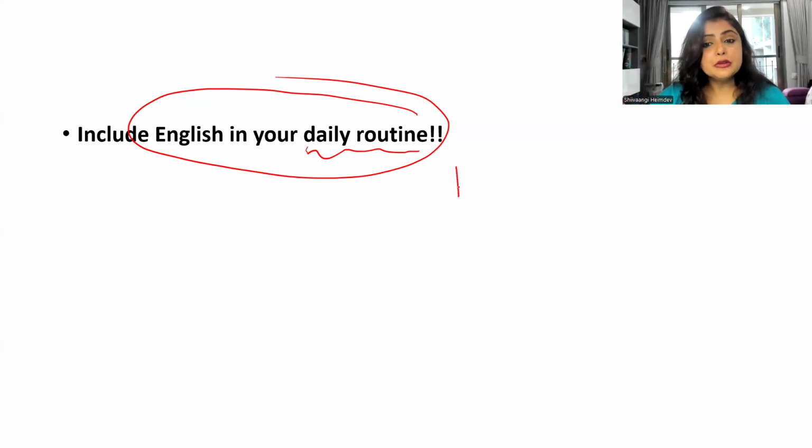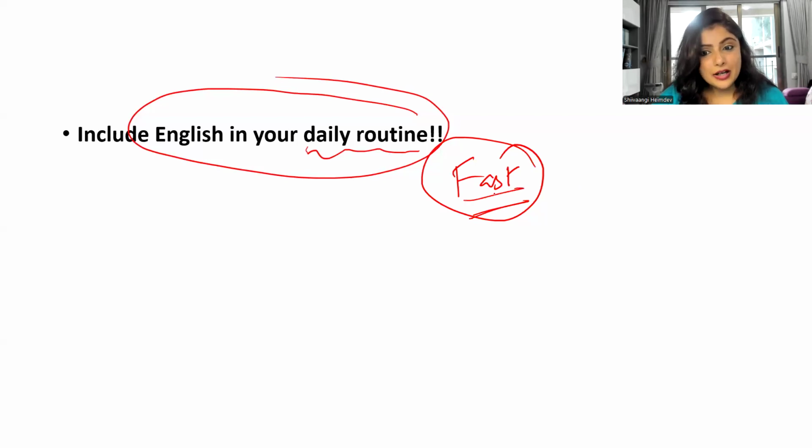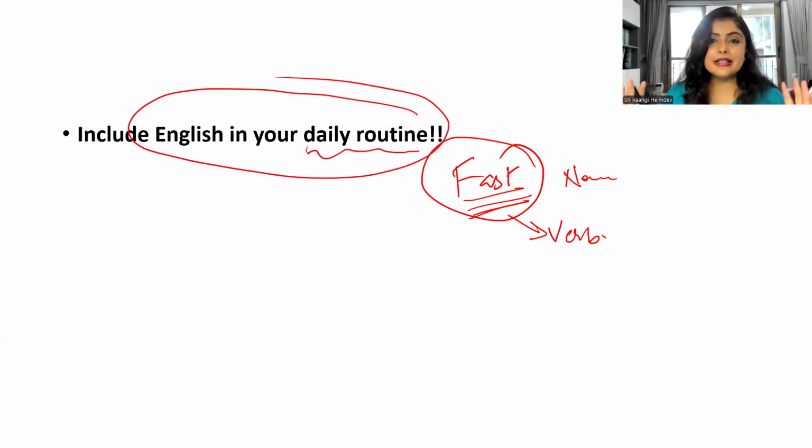So if I tell you to use fast as an adverb in the sentence, your sentence structure is going to be different. If I tell you to use fast as an adjective in the sentence, it's going to be a different sentence structure. Are you getting it? Use fast as a noun in this sentence, the sentence structure is going to differ. Use fast as a verb in this sentence, your sentence structure is going to differ. So it's just one simple word, fast, but it can have different parts of speech. And on the basis of the parts of speech, the sentence structures are going to drastically differ. That's what it is.